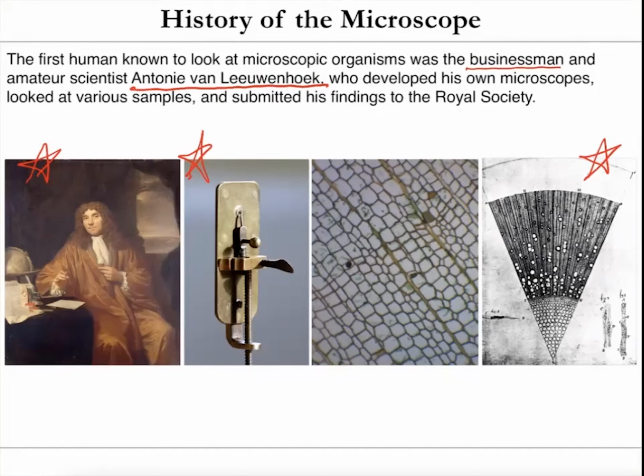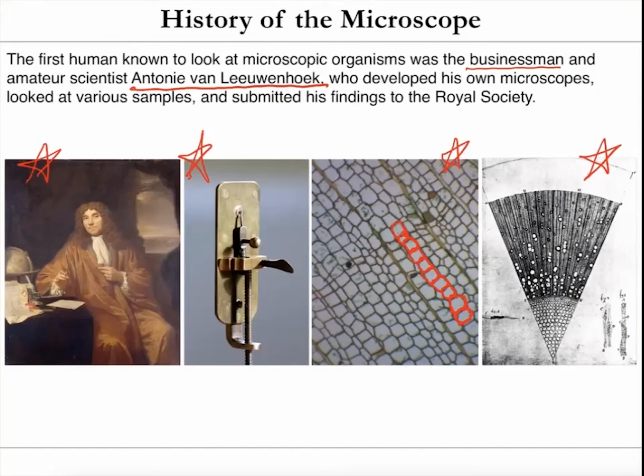So his ideas were improved upon by others, including a guy named Robert Hooke, who was the first one to look at cork under a microscope and see this structure right here of these individual units. And so he was the first one to coin the term cells because he believed that these looked like the cells that monks lived in monasteries. And you can sort of see what he's talking about right here. So these are plant cells that this guy Robert Hooke was looking at.